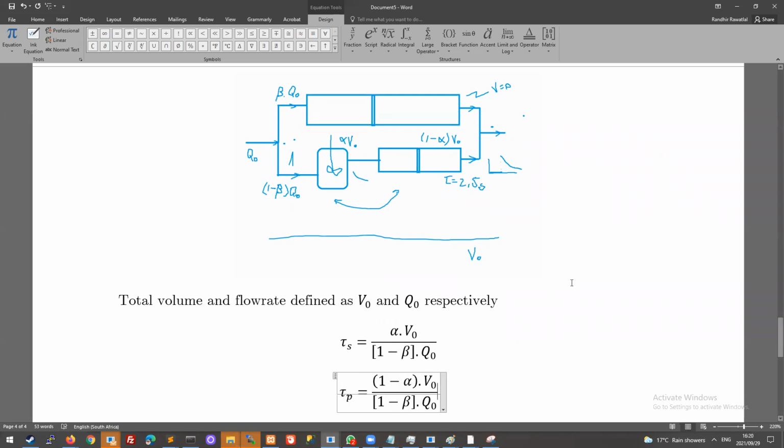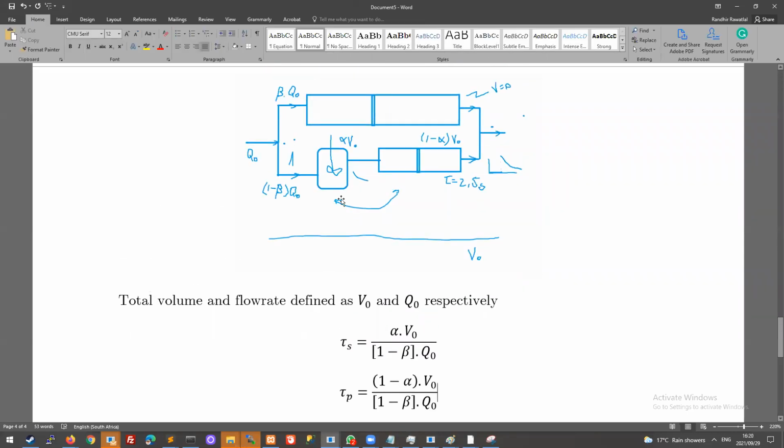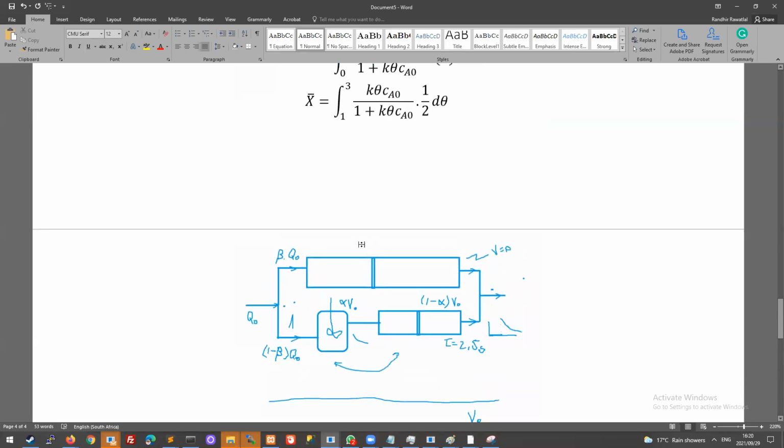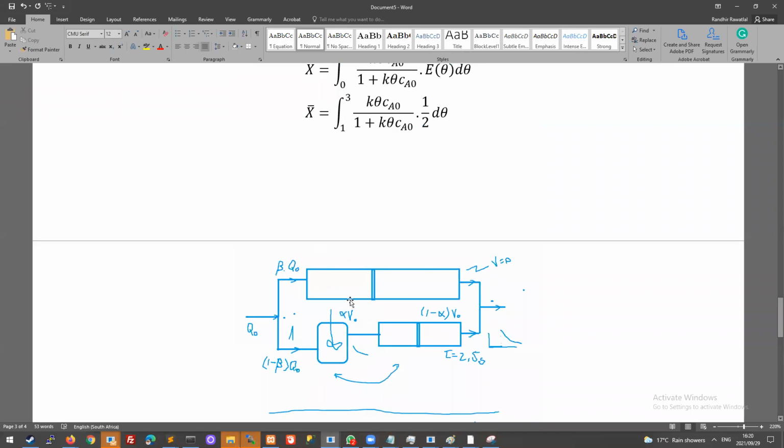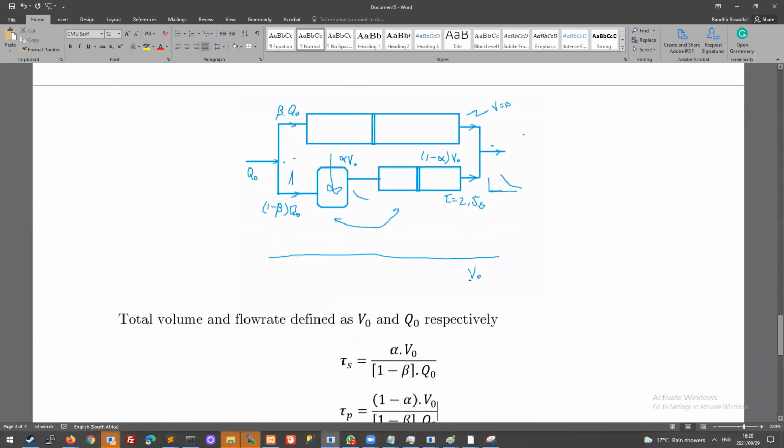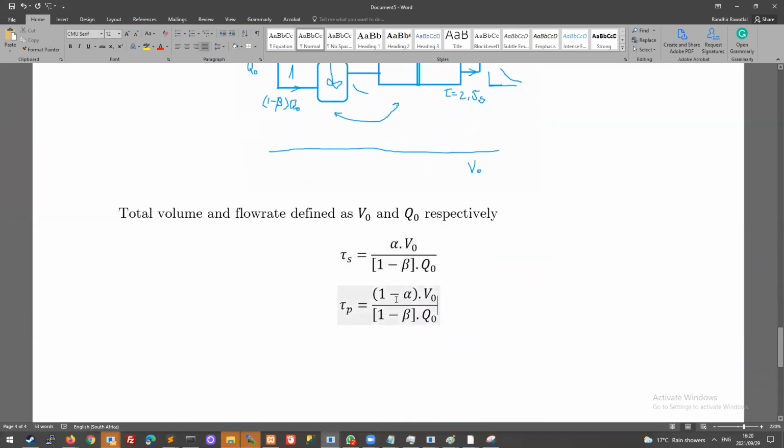By the way, it's more efficient if I had chosen this to be beta and this to be 1 minus beta, because then we won't be working that much on this upper branch because it's got a 0 space-time. So it would have been a bit better if I chose beta to be down here. But anyway,